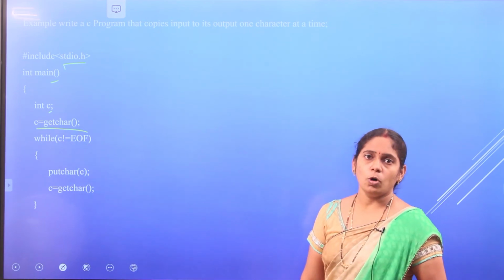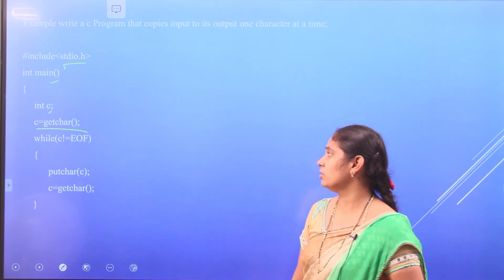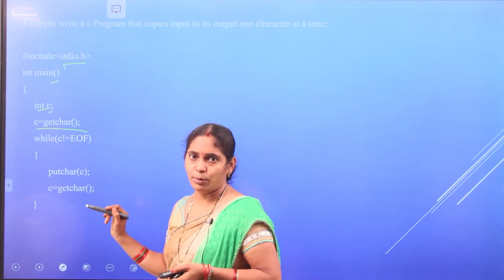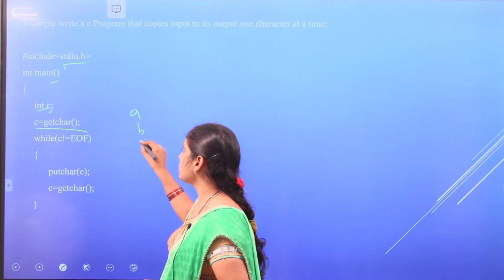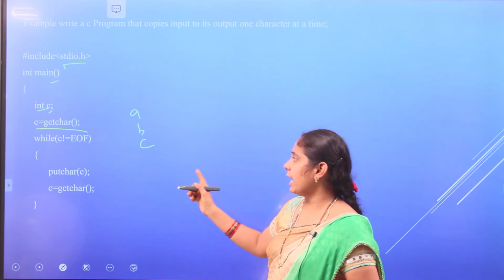See here the get char function. Whatever character we are inserting will be stored into C in the form of int. So using the keyboard, we give a character, some A or B or C, one character by character. Read that character and that will be stored here.